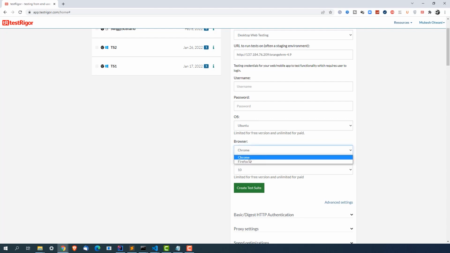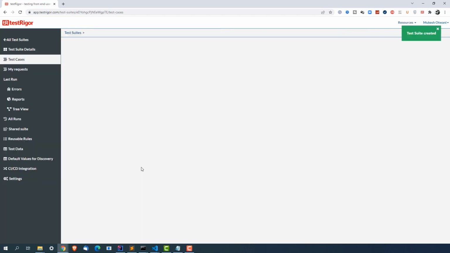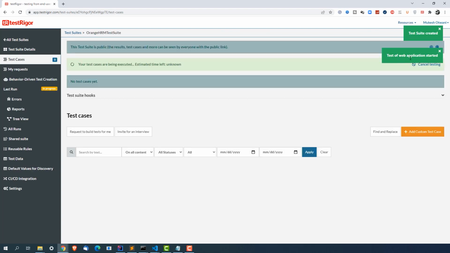If you want to go with Firefox, you can do that. And right now I don't want any self-discovery scenario or auto discovery scenario, so I will select this as 0, and I will quickly create a test suite. The moment I create a test suite, it will take a few seconds and your test suite will be ready. So you can see test suite created, test of web application started,